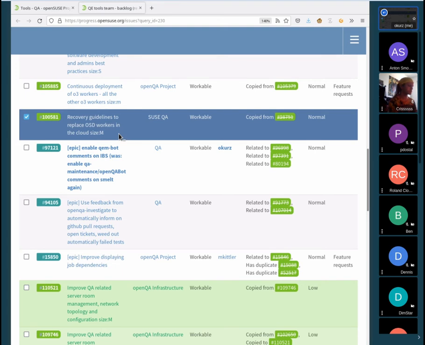This is merely about how we can come up with a representative set of workers, also including multiple architectures, to be able to connect and then be able to execute tests. But you disagree that this certain ticket should be blocked by the one which I mentioned? I see these tasks as independent, yes. Okay.